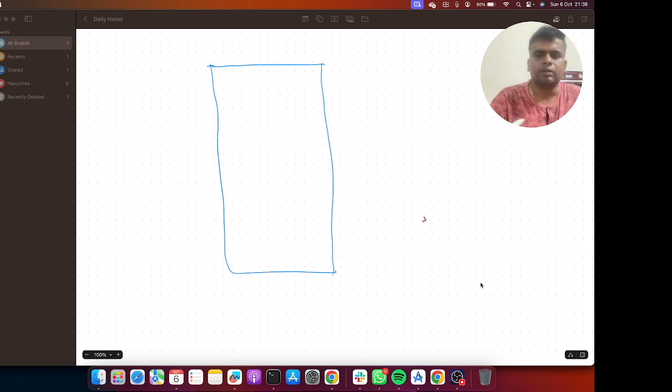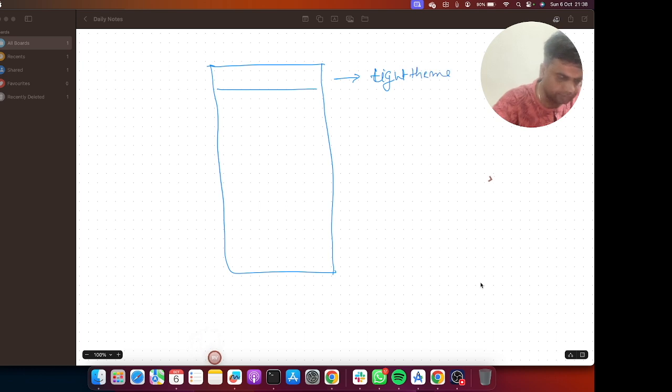Yeah. So I will create an app which has two themes, light theme and dark theme.